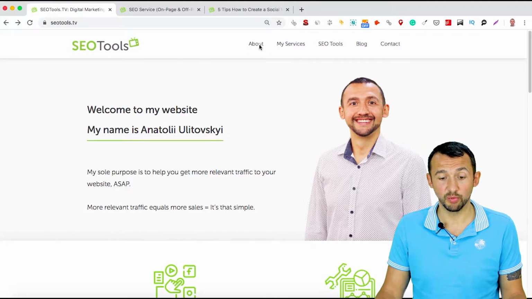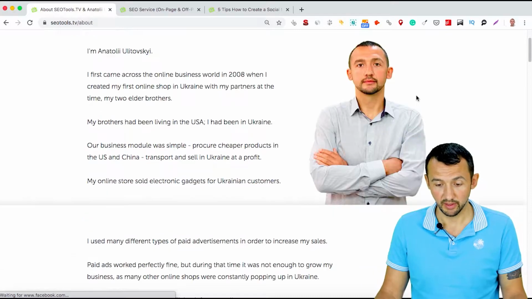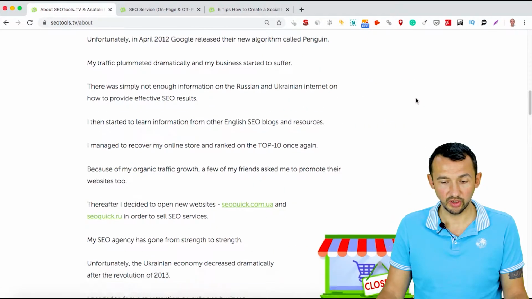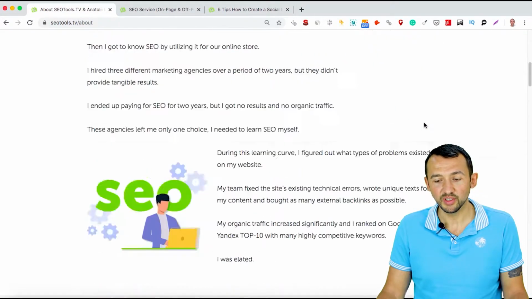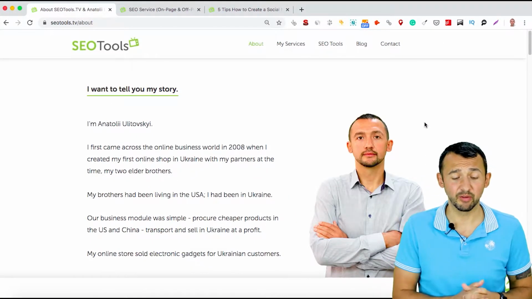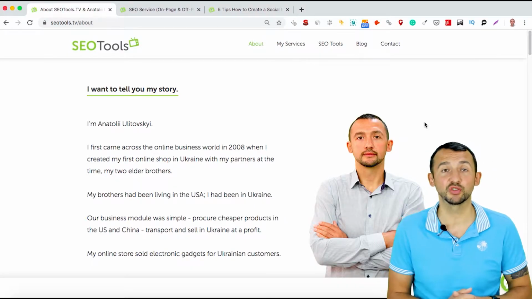For example, if you open my About page, you can see that I use another high quality photo of myself and only unique pictures on my website. But I always see webmasters submit stock pictures on the About page and other pages, and these pictures hurt more than help. Avoid it. It's better to create your own pictures, hire a professional designer or photographer, and submit all this multimedia to your website.